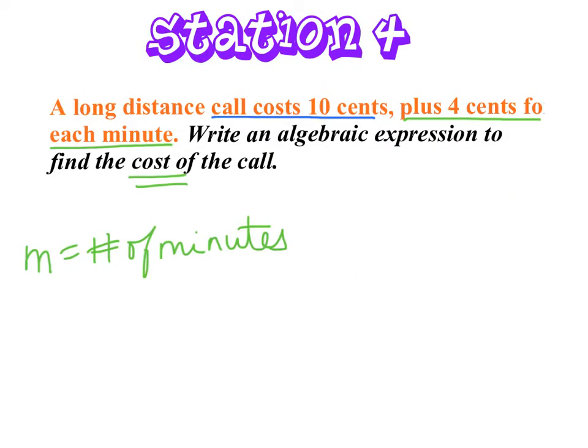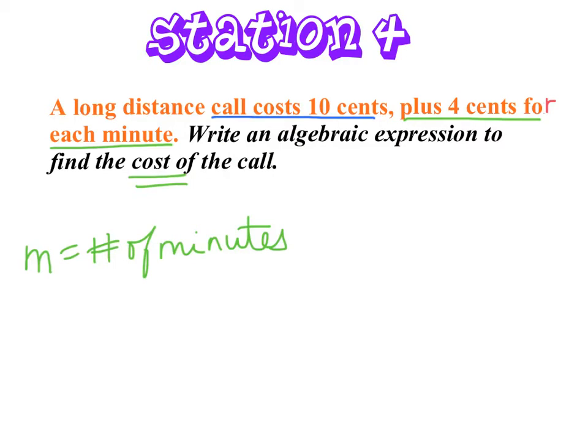Station 4, a long distance call costs 10 cents plus 4 cents, and that should be 4 each minute. Write an algebraic expression to find the cost of the call. Well, they charge 4 cents for each minute, which is why I'm assigning M for the number of minutes. What if you talk for 1 minute, 10 minutes, 20 minutes? That's the number that's going to be multiplied by the 4 cents. But don't forget, they're just going to charge you 10 cents just to make the phone call. Not per minute, but just to make the